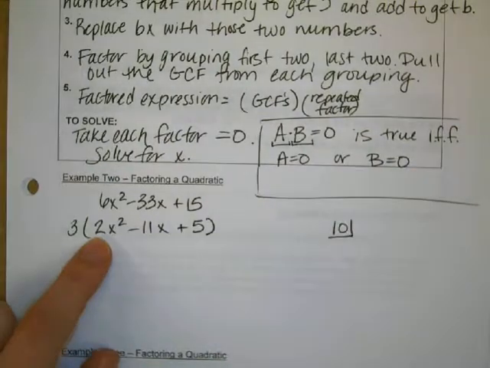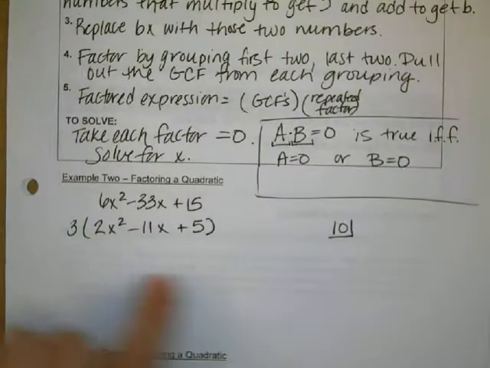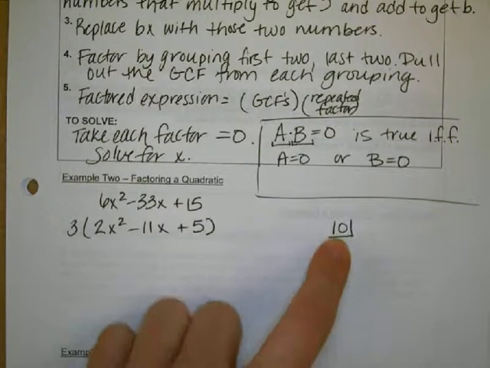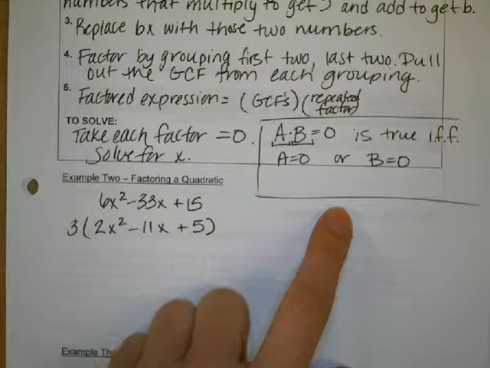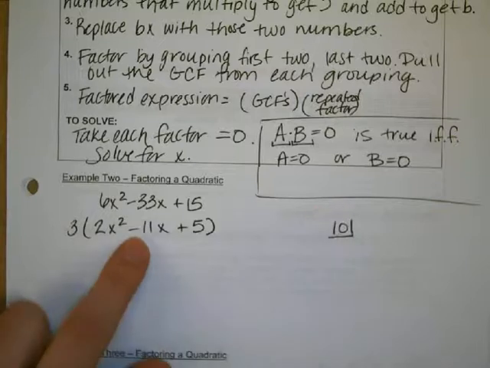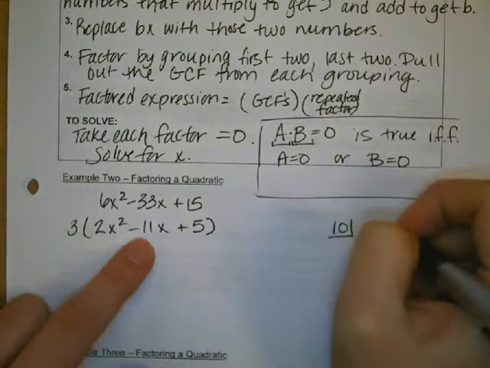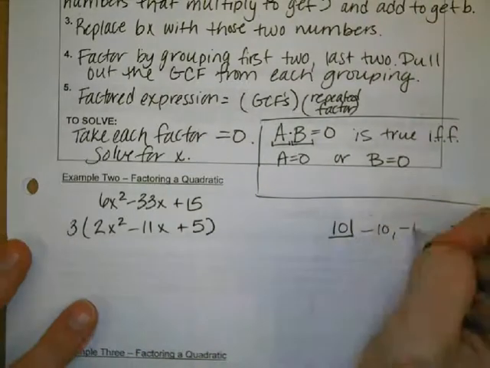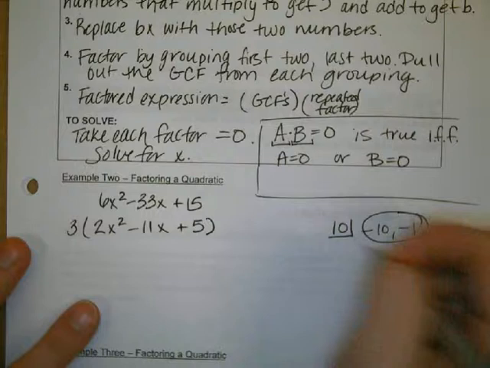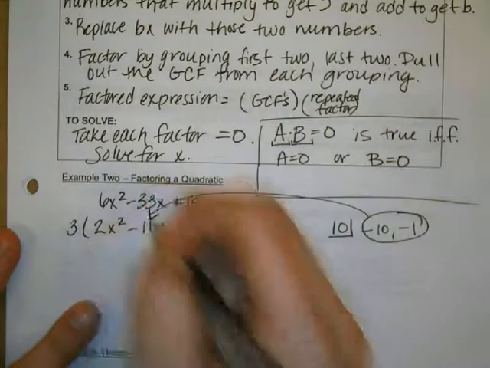I always put on a little box off to the side. And then I'm looking for two numbers that multiply to get 10 and add to get negative 11. Now, two numbers that multiply to get 10 and add to get negative 11 might be negative 10 and negative 1. Okay, so then you take those two numbers, and we're going to replace